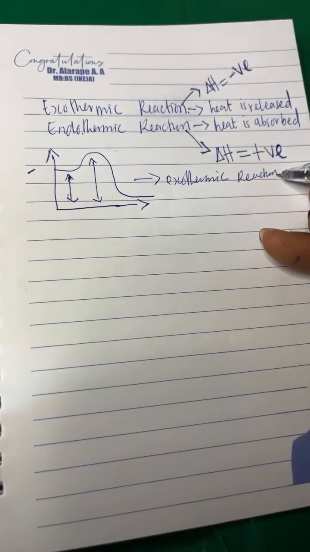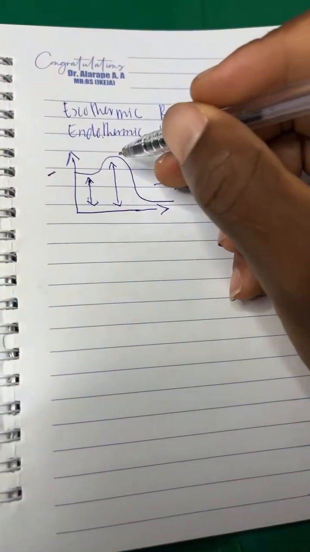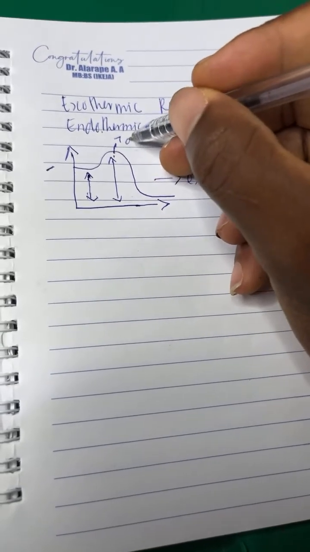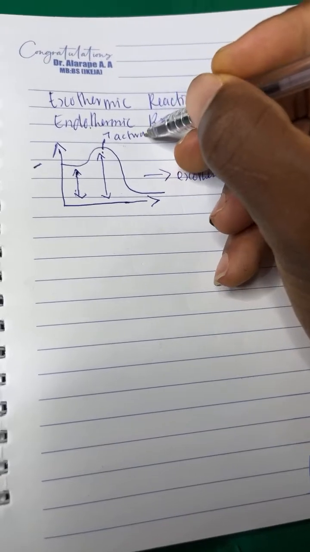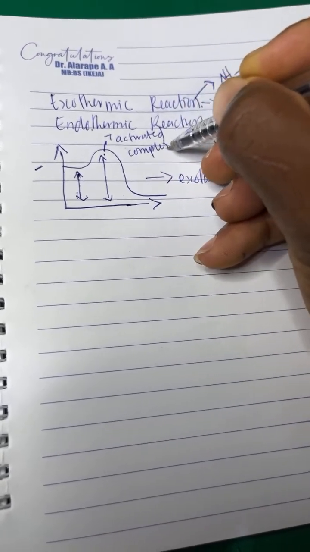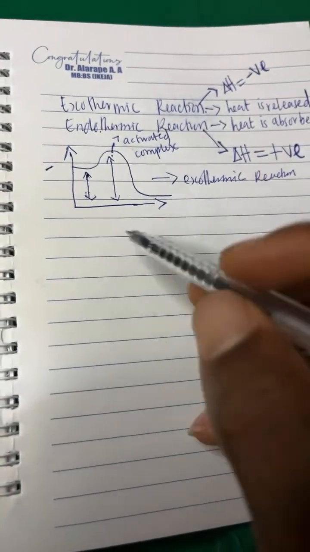You can see this is where you have the activated complex. This is what we call the activated complex. If you are asked to label this, this is what we call the activated complex, right? So